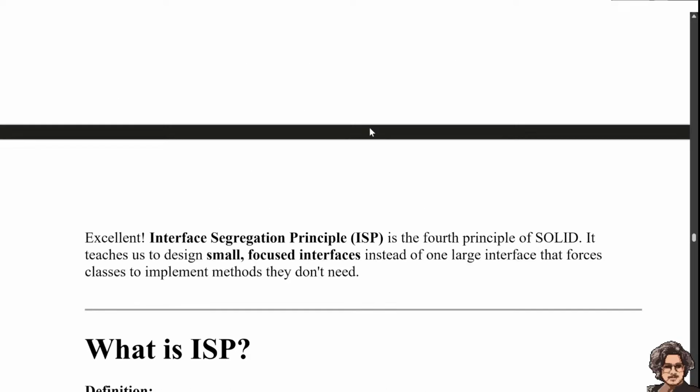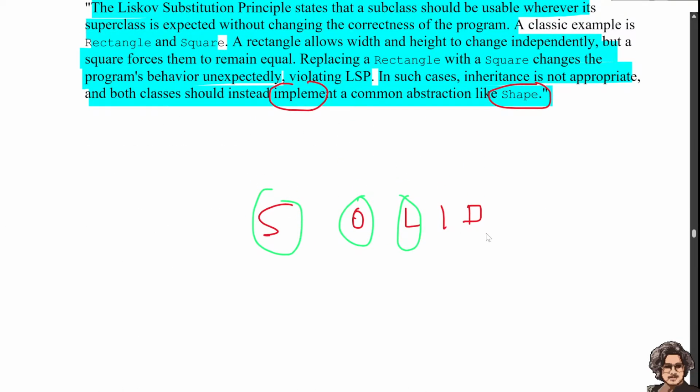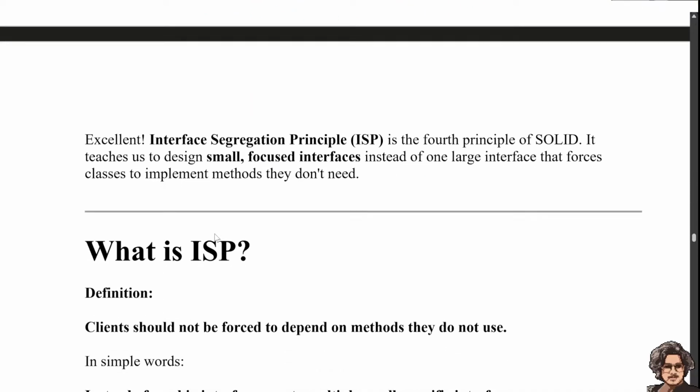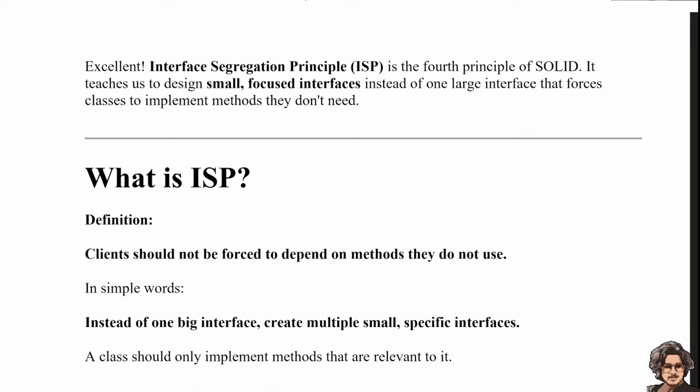So as we saw earlier, we have completed the SOLID principles: single responsibility, open-closed principle, and Liskov substitution principle. Today we are studying the interface segregation principle, that stands for ISP, and it is the fourth principle in SOLID. It teaches us to design small, focused interfaces instead of one large interface that forces classes to implement methods they don't need. Okay,